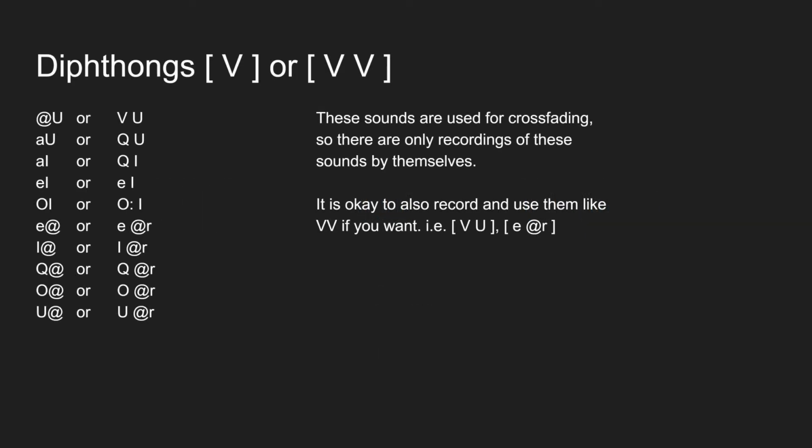In standard MEL banks, these sounds are only used standalone for crossfading, so there are only recordings of these sounds by themselves. It is okay to also record and use them like VV if you want. For example, recording O as